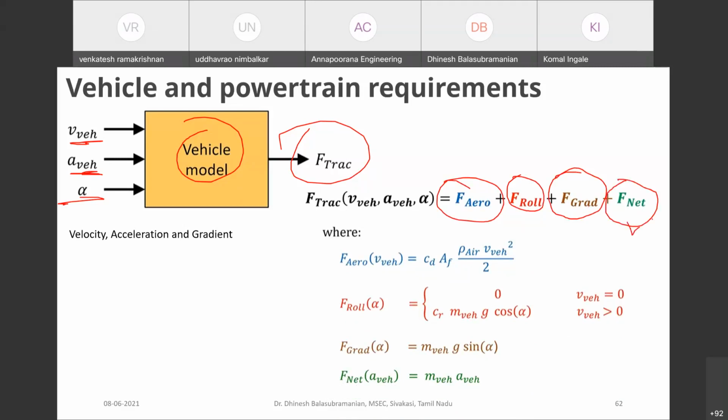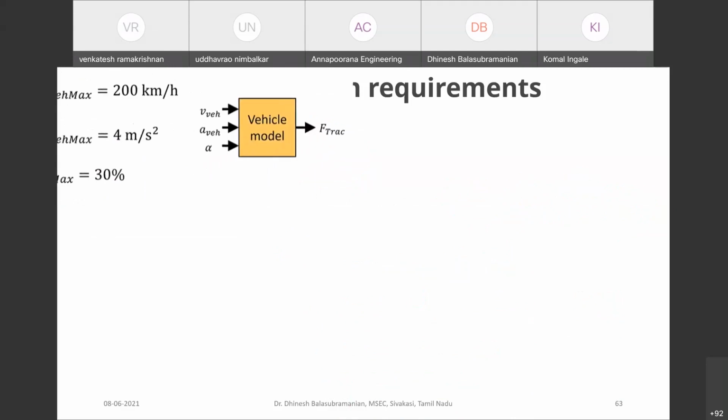And this force talks about the acceleration. If it is exactly equivalent to all these opposing forces, your acceleration is 0. And if it is less than this, you are going to decelerate. And if it is greater than this, you are going to accelerate. And with this, you can just create a small model in your MATLAB setup.